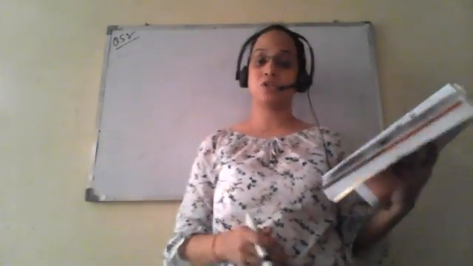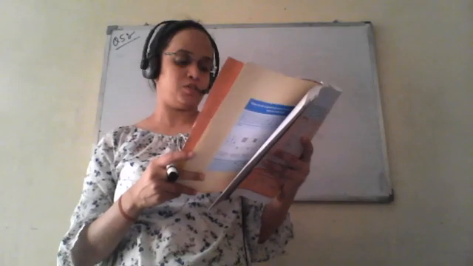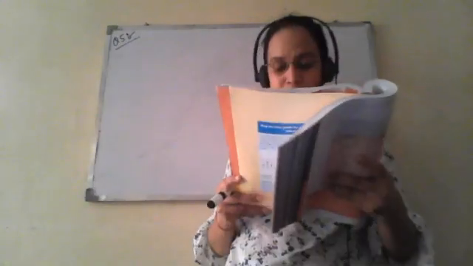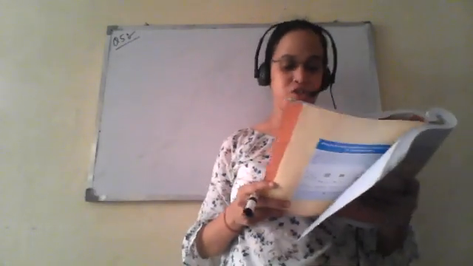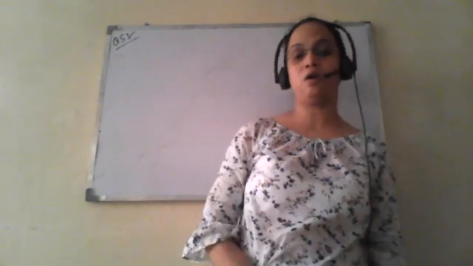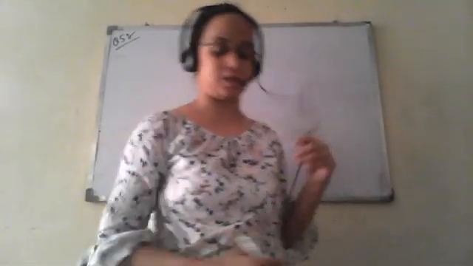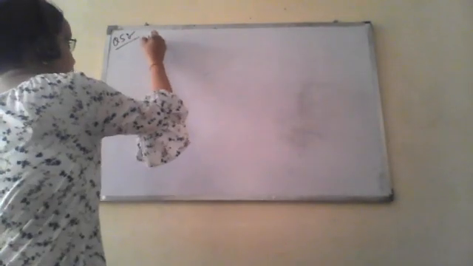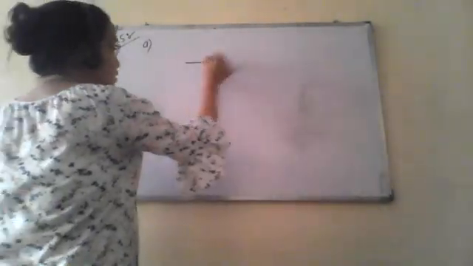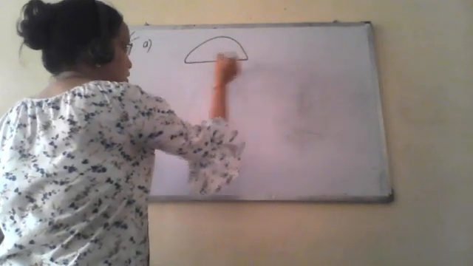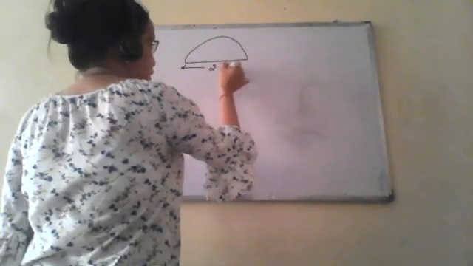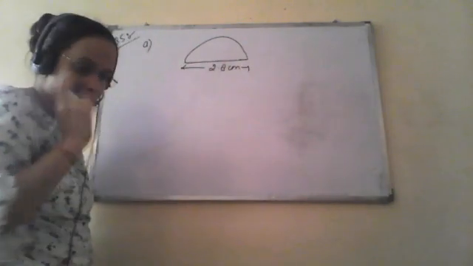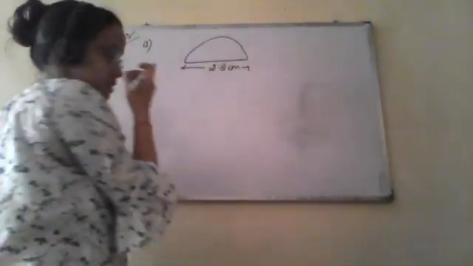So basically there are three shapes given around which the ant is moving. In short, we have to calculate the circumference of all the three shapes, and check for which food piece the ant has to take a longer round, or has to cover the longer distance. So in short, we have to calculate the circumference, these perimeters. So the first shape is semicircular, and its diameter is given as 2.8 centimeter. So you have to calculate the circumference.